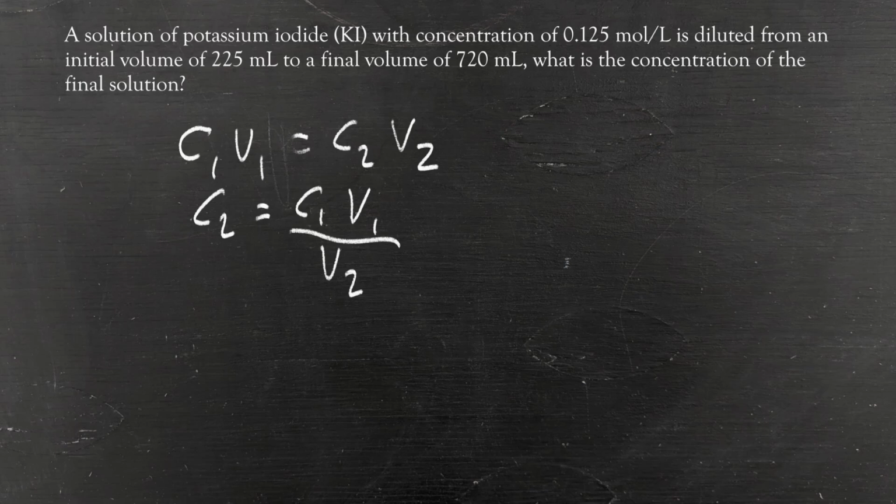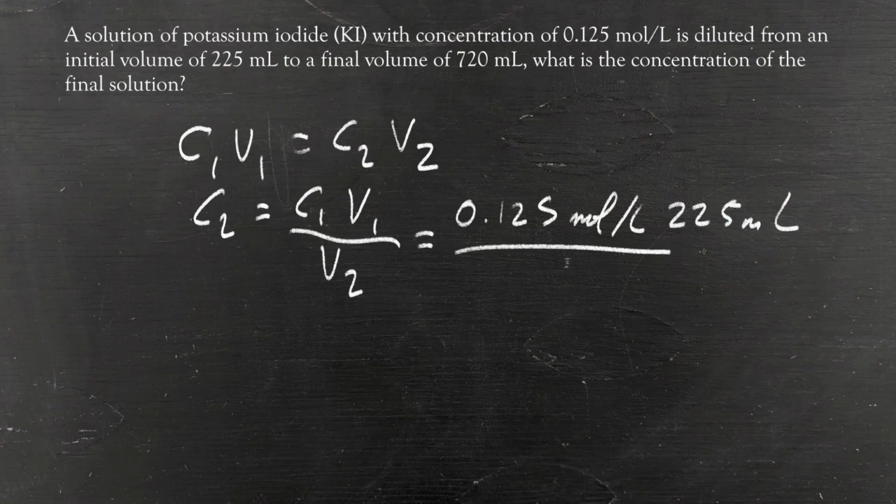So putting in our values, 0.125 moles per liter multiplied by 225 milliliters divided by 720 milliliters. Remember that this milliliters and this milliliters will cancel out, so it doesn't matter that they're not in liters, gives a final answer of